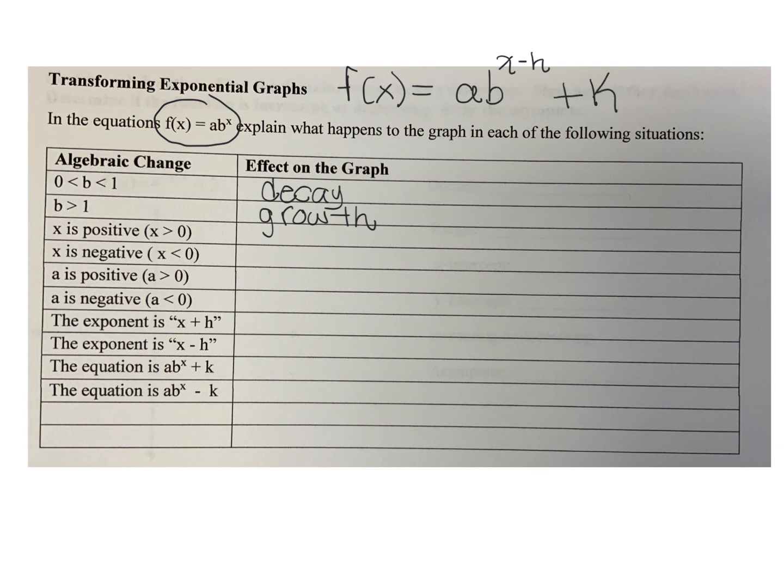If my x up top is positive, then there's no change. But if I make x negative, then it's reflected across the y-axis. If you make x negative, you reflect across the y-axis. If a is positive, there's no change. But if we make a negative, which is like making all the y's negative, then we reflect